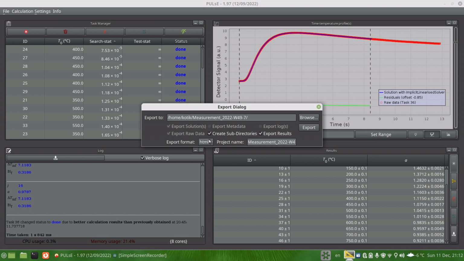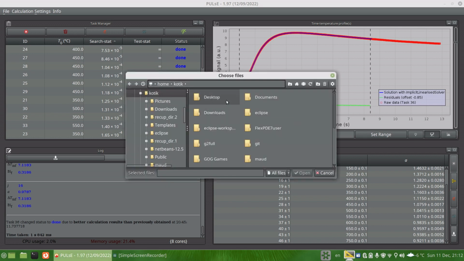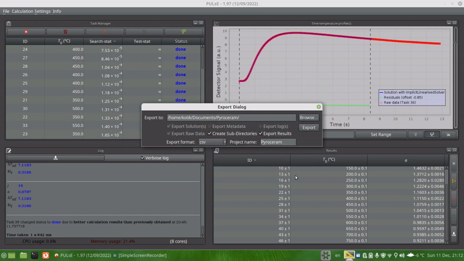Similar to the result table, you also select the appropriate file format, for example CSV if you want to replot it further, and you select the project name. So in that case, I'm just going to type PULsE. You can see that the export path has changed to reflect the project name. I also want to export it not to the root directory but to the documents. In that case, I just select the documents folder and then press open, and then I can see that the export path has changed. I press export,